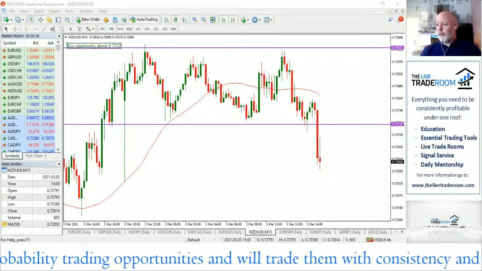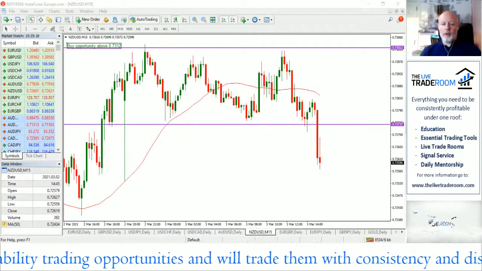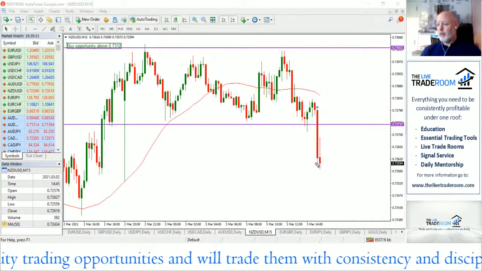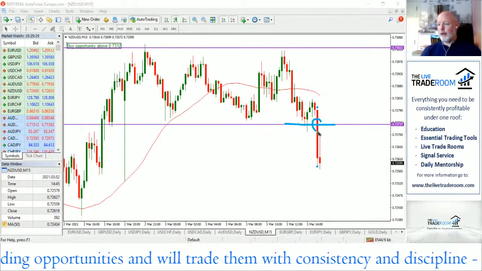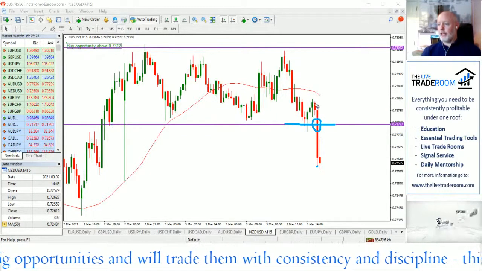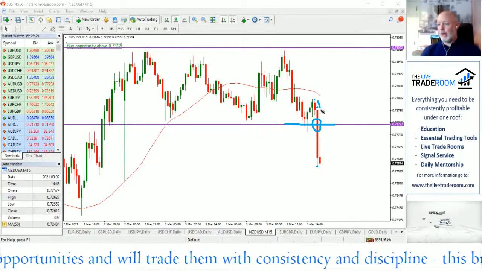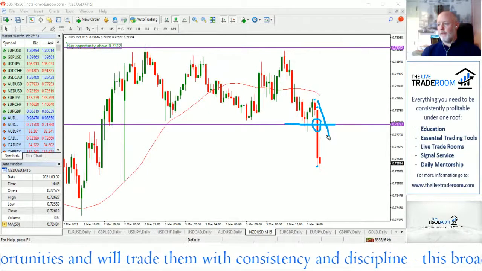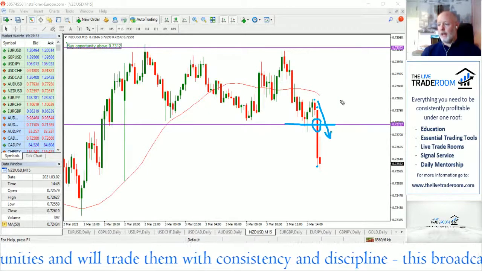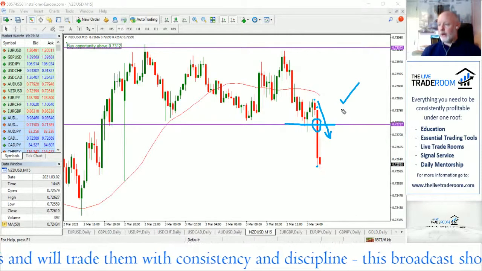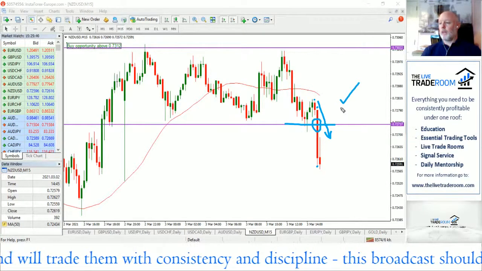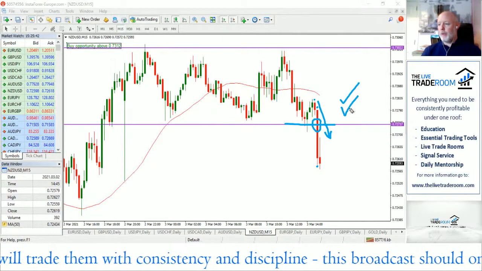So when we get the breakout trade, just to talk you through our thinking when we see a move like this, we want to see a nice sort of run up to the break. So there's your breakout level. That's the level that interests us. So we want to see, are we seeing a little bit of a move with momentum to the downside? And the answer is yes. So we've got a nice directional move to the downside with momentum,